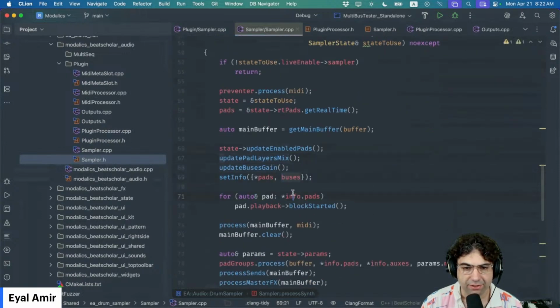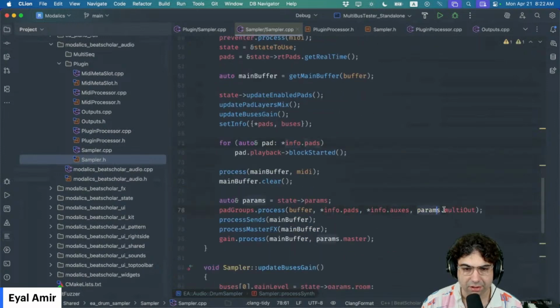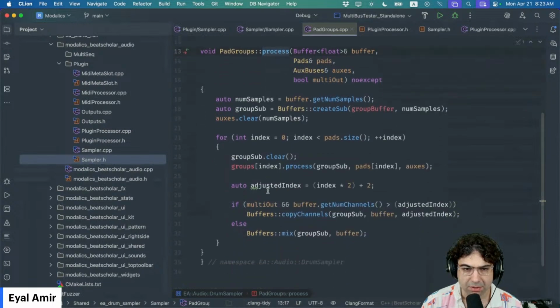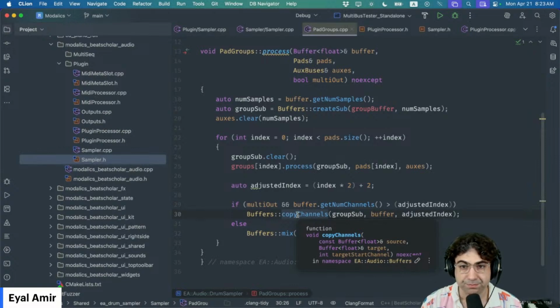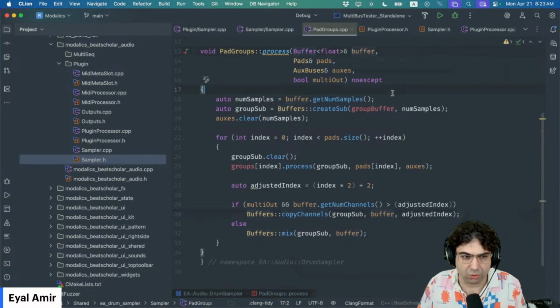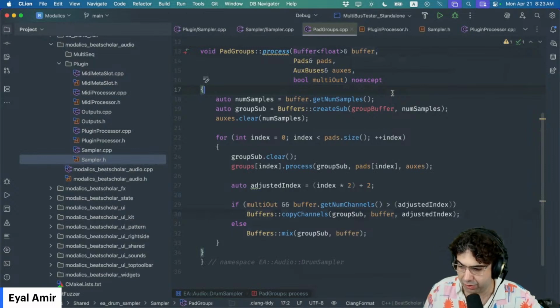So this pad groups process, blah, blah, blah. This is the interesting part. So what this currently does is this thing called pad groups, this thing tries to figure out